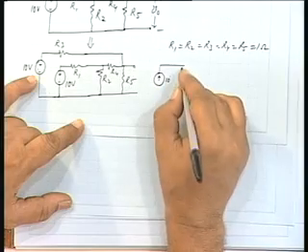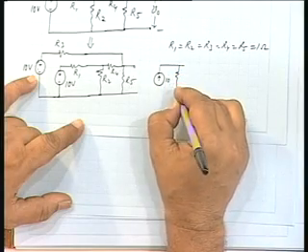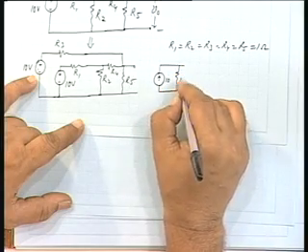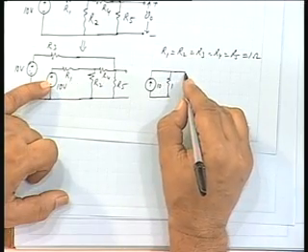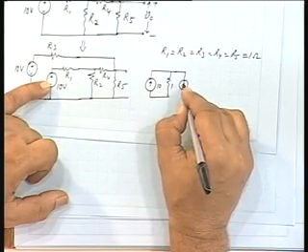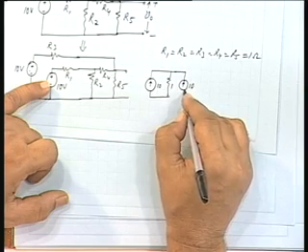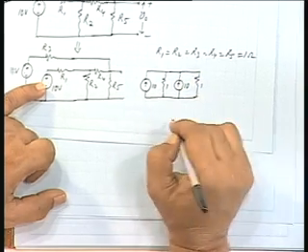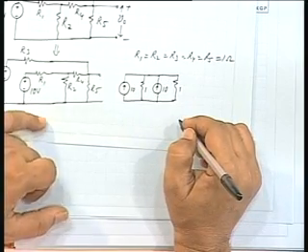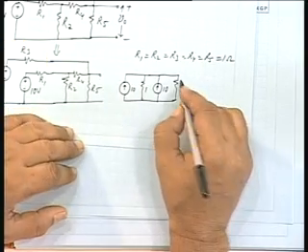So, 10 volts by 1 ohm gives me a 10 ampere current source in parallel with a 1 ohm resistance. Again 10 volts by 1 ohm, this source will also be 10 ampere with 1 ohm. Okay. And then you are having